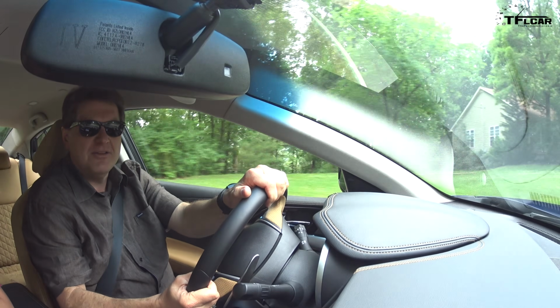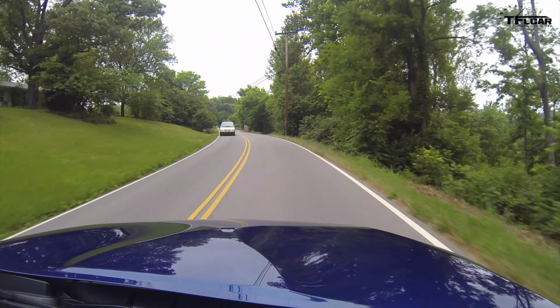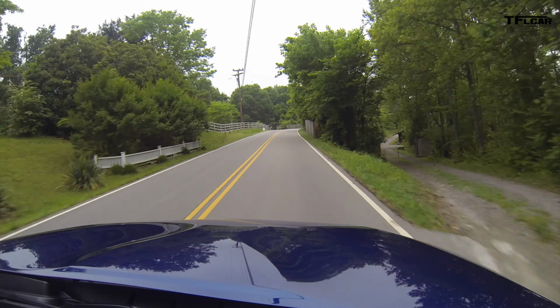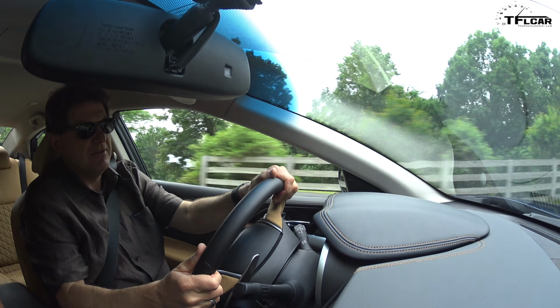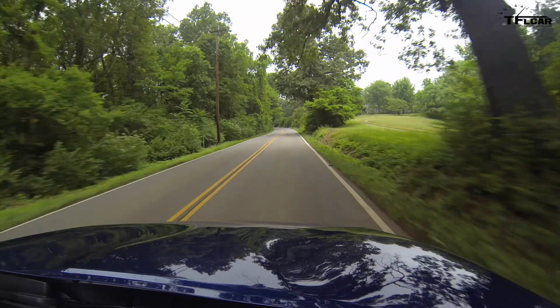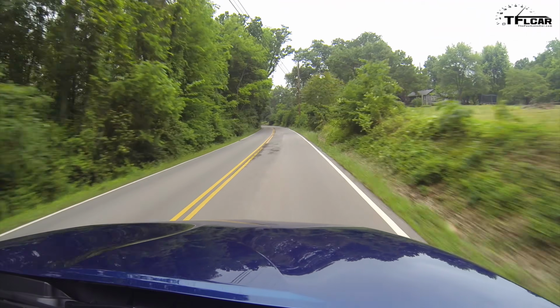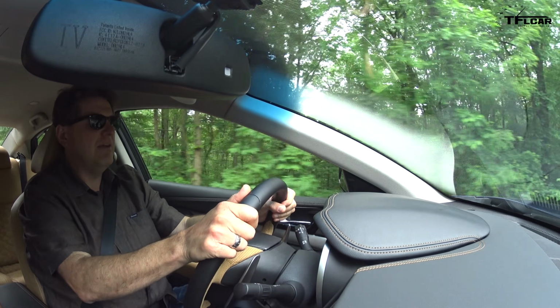I think to call it a sports car is more marketing than reality, but nevertheless, the car is remarkably poised. It does handle well. Yeah, the steering's a little numb. I'm really not able to tell what those front wheels are doing. The car is a little bit big, but the brakes are confidence-inspiring. The engine sounds good, and